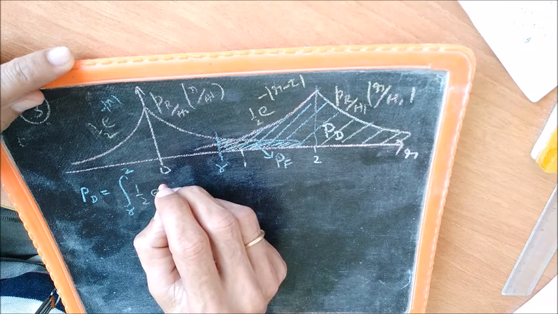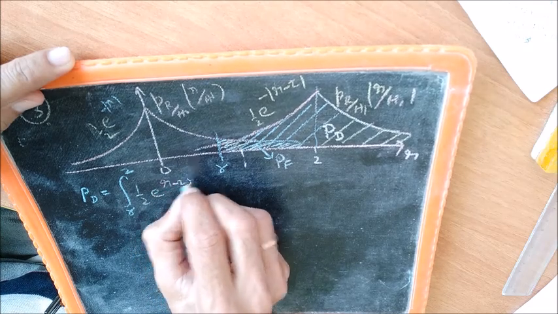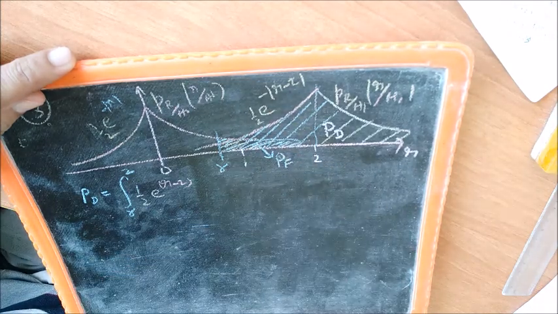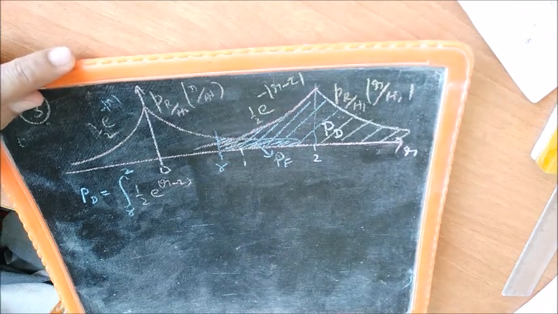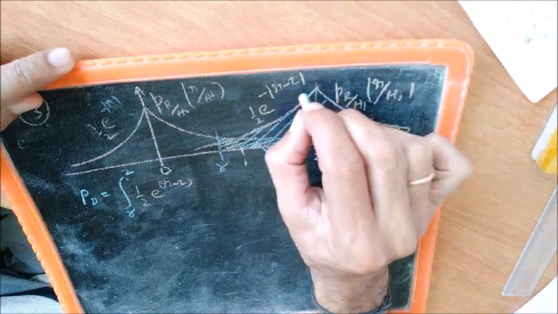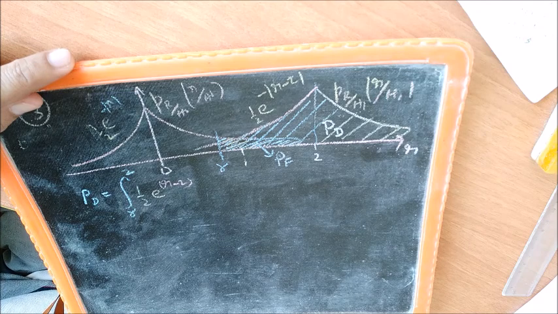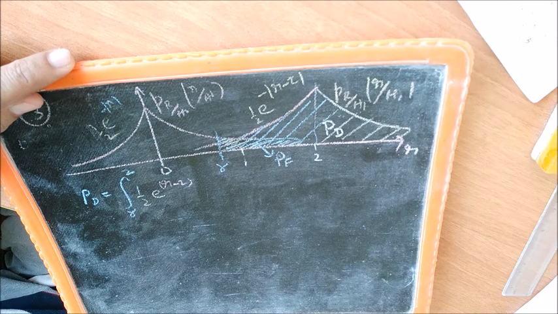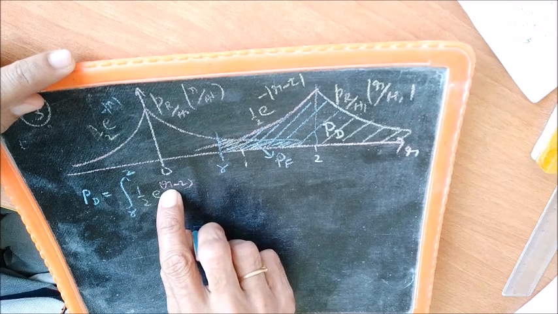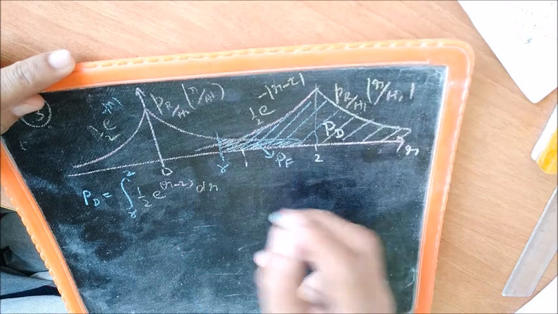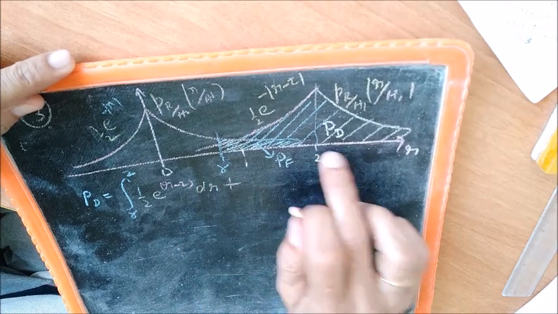1/2 e^(r-2), because we are on this side, so r is less than 2, and when r is less than 2, we have to express this as e^(r-2). You can verify that if r is equal to 1, for example, you will get e^(-|-1|), which will be e^(-1). So we have to write it as e^(r-2), and you can substitute r equal to 1, and you are indeed getting e^(-1). And of course, dr, plus the integral from 2 to infinity.